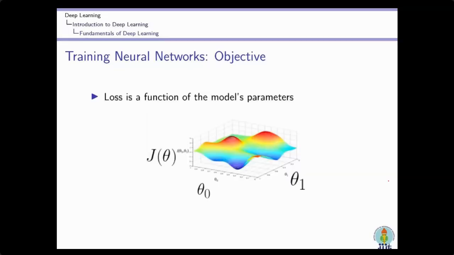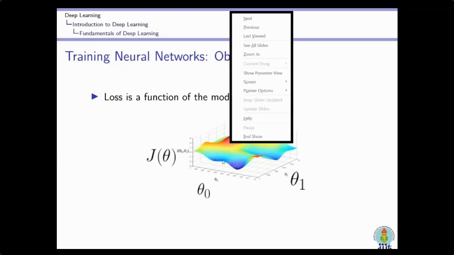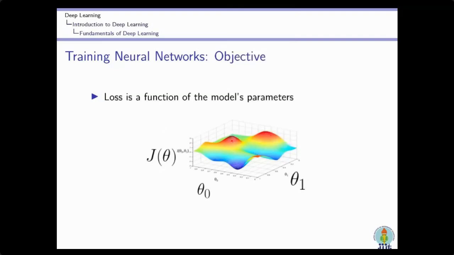So for simplicity, we represent the weights in a surface diagram over here. And how does your algorithm start? Your algorithm starts with some random weights. So every point over here represents some weights. Let's take this as the starting point from which we have started. That means I will initialize my weights with these values. The initial weights will be these values; they are the random initialization. Okay, now I have to minimize.